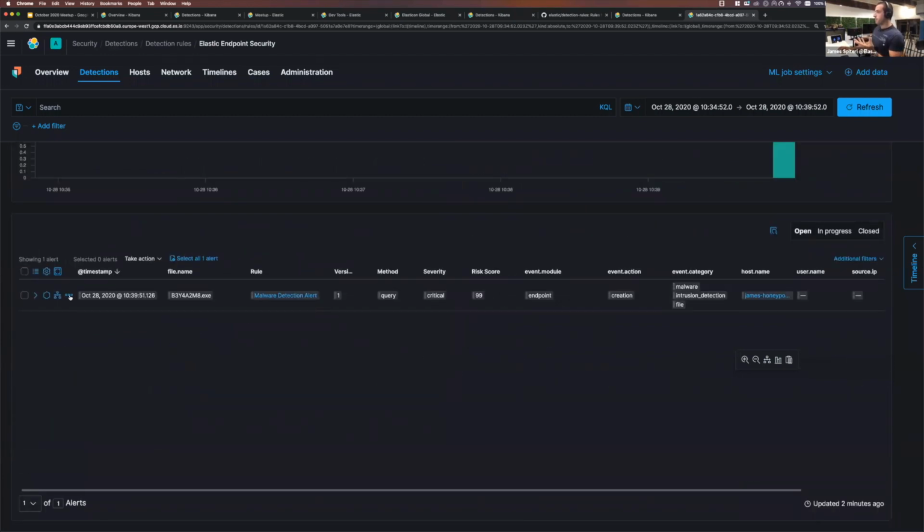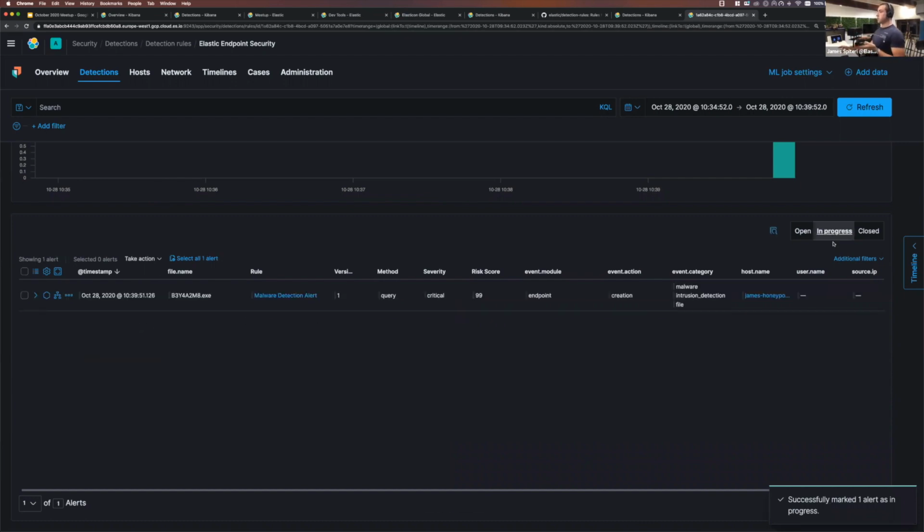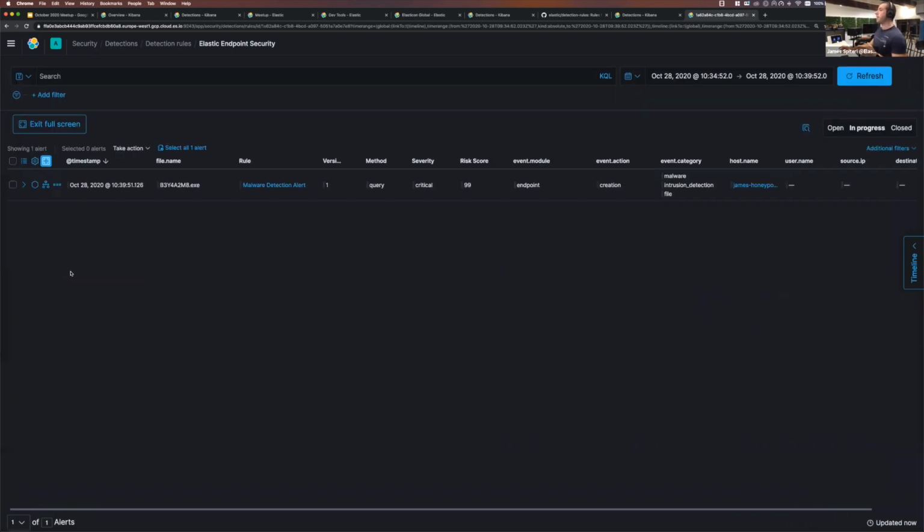First thing I'm going to do is mark this as in progress. So I've picked this up as an analyst. I'm going to mark it as such so my other colleagues don't work on it in the same way. And it's now in the in progress queue. And the first thing I'm going to do, I'm going to make this full screen. And for data coming from our endpoint,